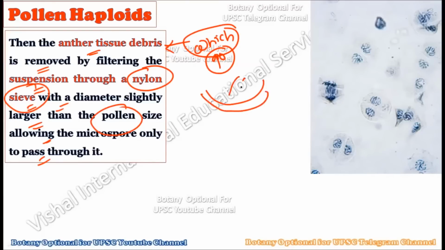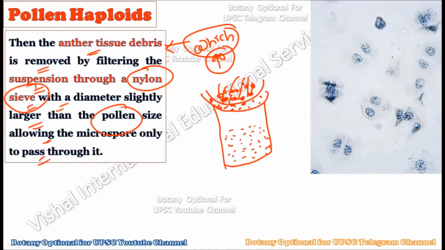Okay, so basically you pour the suspension into it, and it contains very small pores which are just above the size of the pollen grain. Okay, so pollen grains will all filter out and get collected inside this beaker, and whatever anther debris is there will remain at the surface because it is of larger size. Okay, so this is an important step during anther culture,